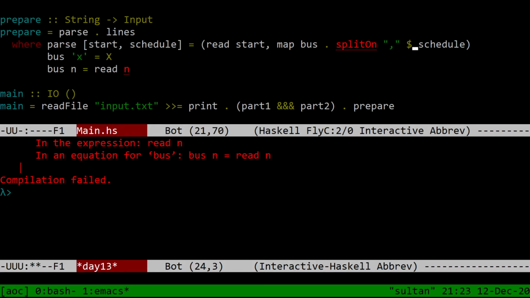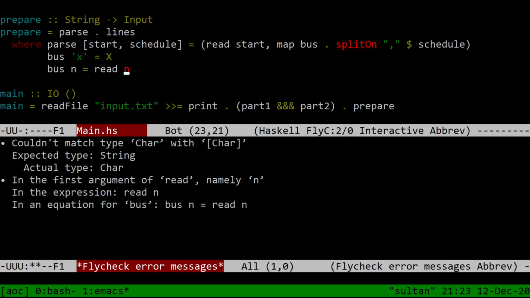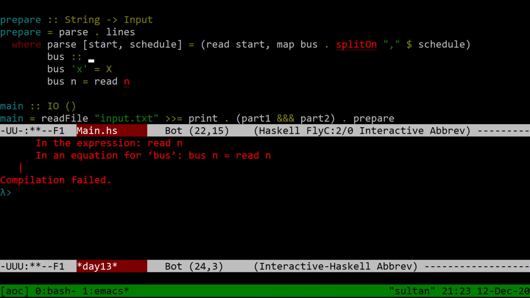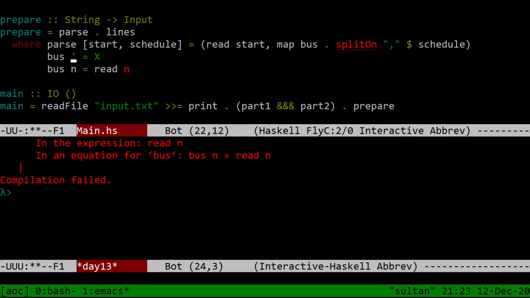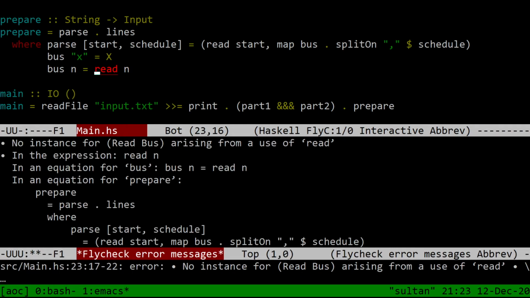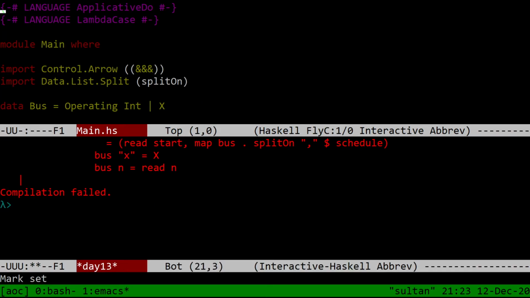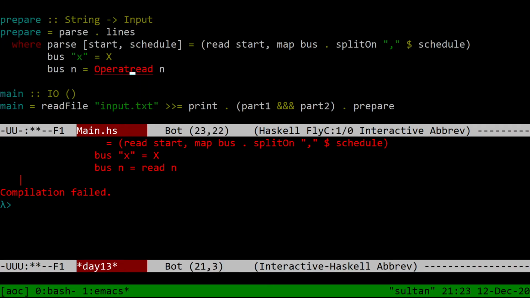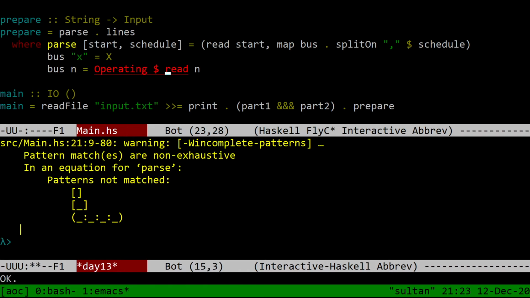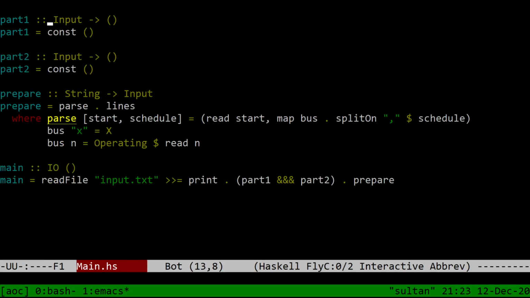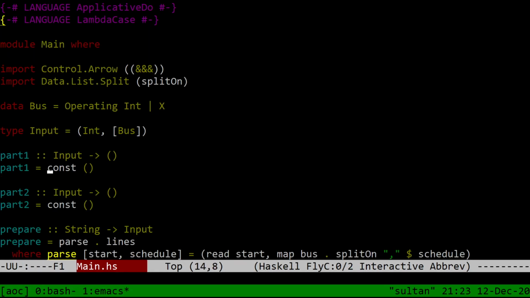So a schedule is a string. Oh, I told it bus takes a character. Right. And of course I can't just call read, I would say operating bus, read n. There you go. And it's a non-exhaustive pattern, but who cares, right? So part one of